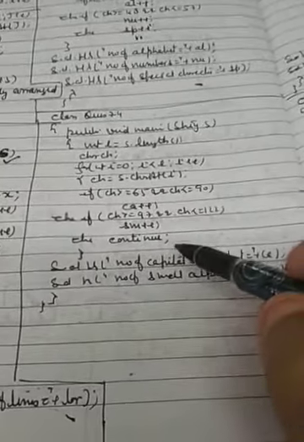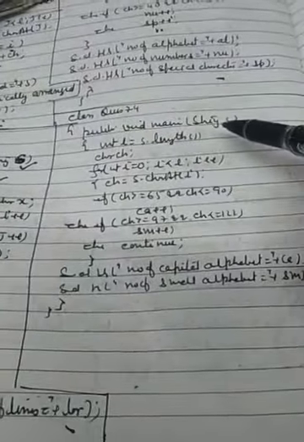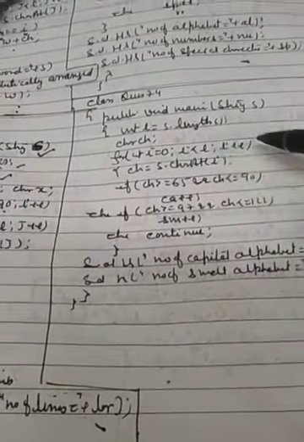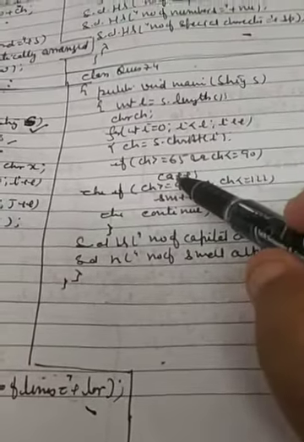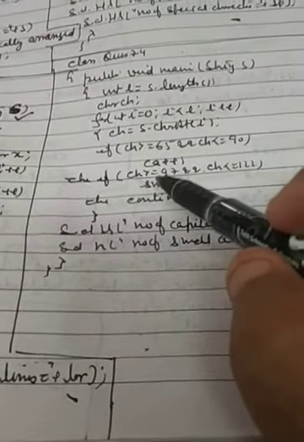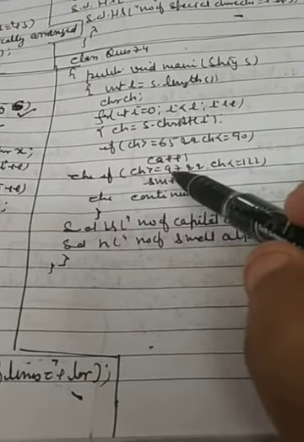Now in this question, only capital alphabets and small alphabets we have to find out separately. So we have entered a string, found the length, and run a loop, every time picking a character. If the ASCII code of the character is between 65 to 90, CA++; else if the ASCII code is between 97 to 122, SM++; otherwise continue.